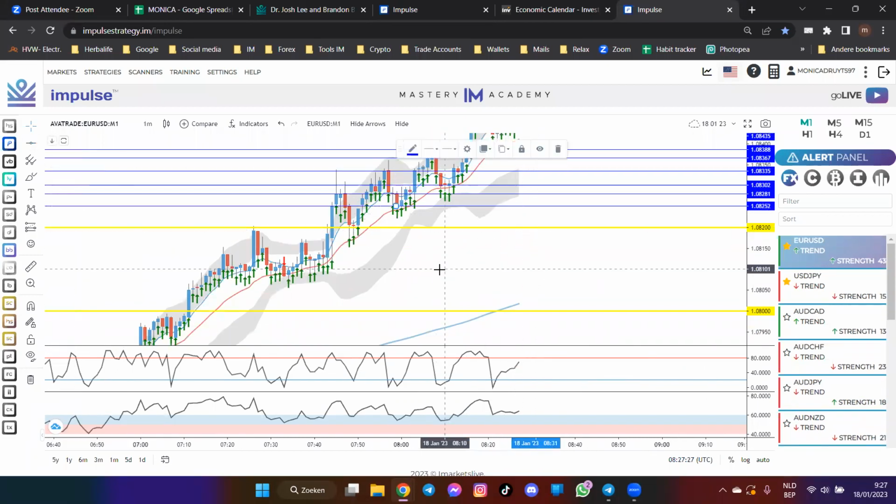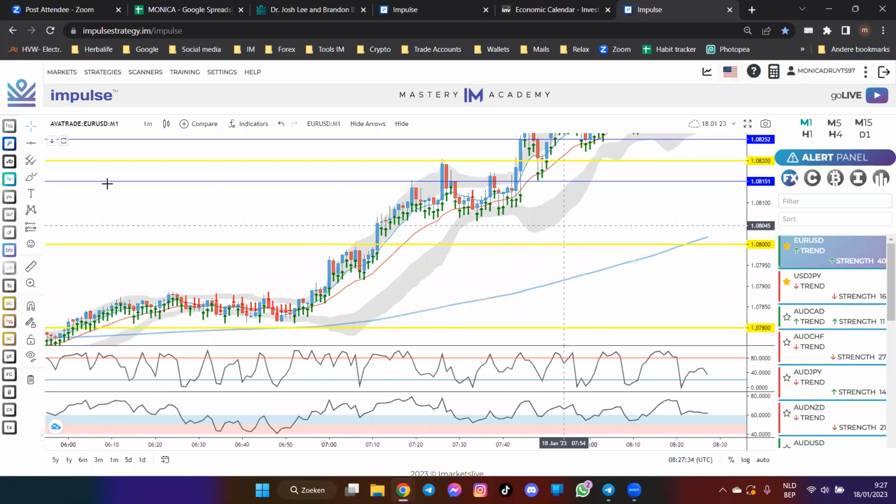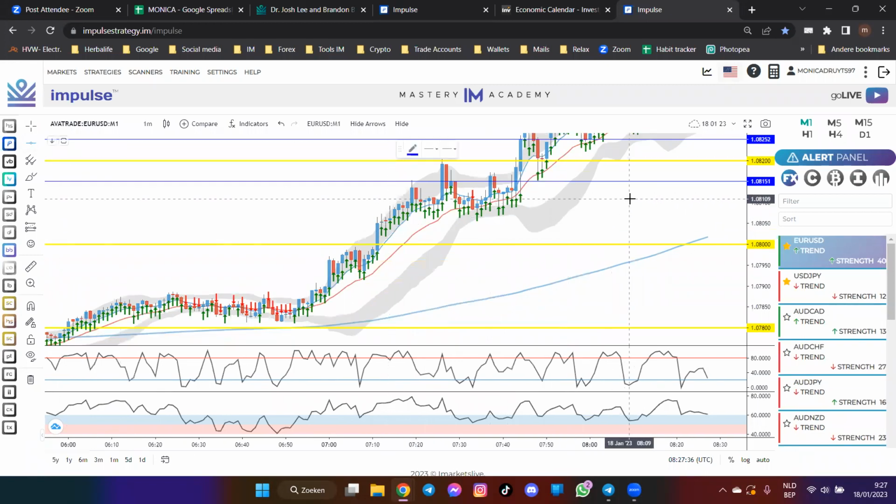When you're drawing these blue lines, I know there are some previous zones of support and resistance. Do you look more at the wick or at the candle body? Both actually. I mostly see where I have the most touching. I don't know how to say it. Where it most, yeah.